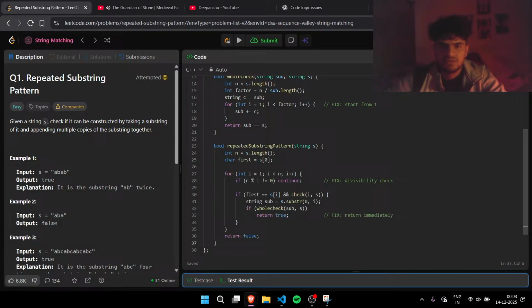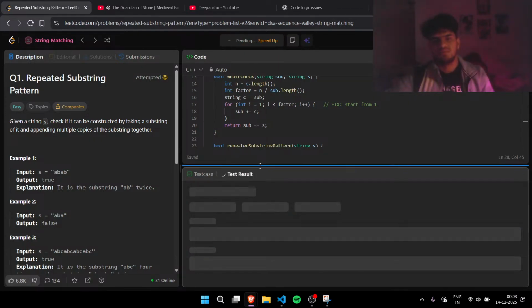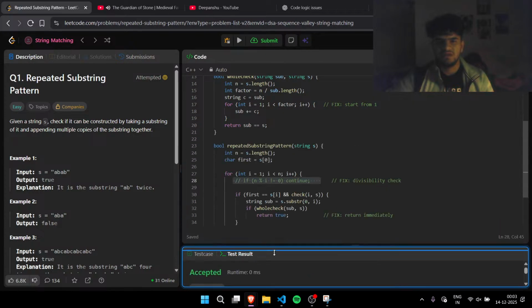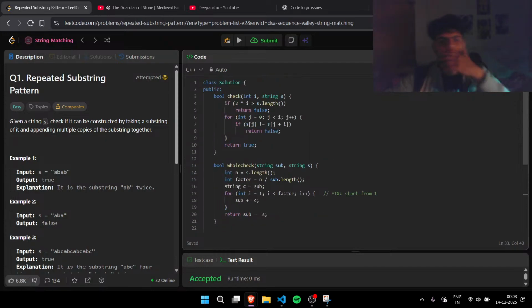It was just to bring down the complexity of the code. It should work fine, I guess. Yeah, the first is check. Is this and the substring? Okay. But